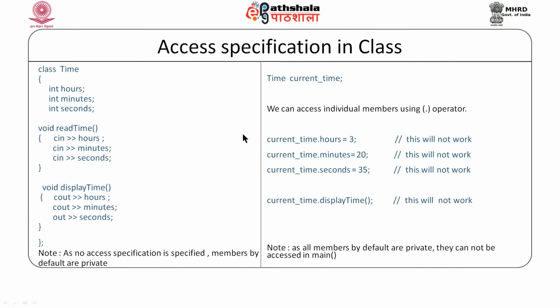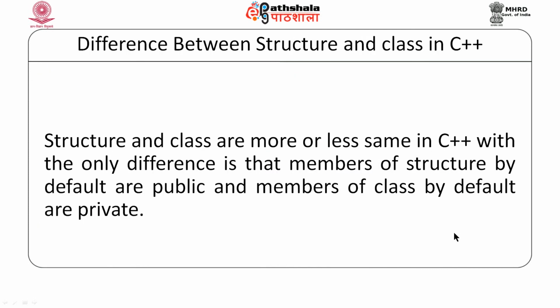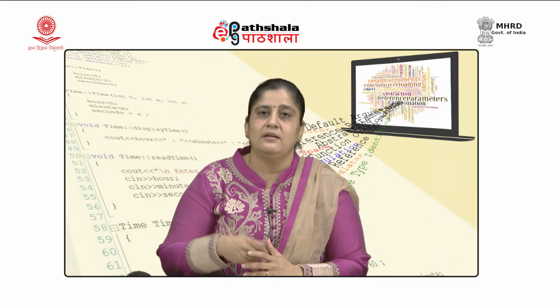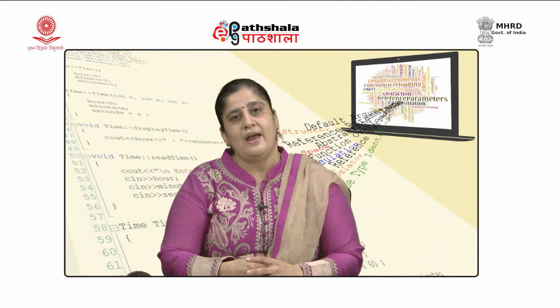Let us see the similar thing in case of class. Here also we have defined the data type in exactly the same fashion. I have just changed this keyword, instead of struct, here I am using class. But the default access specification in class is private, and here I have not specified any access specification. Therefore, all the members by default are private, and since all of them are private, if I try to write such statements in the main function, they will not work. If I wish to make them work, I need to declare those members which I wish to get accessed in the main function or any other function outside the class as public.